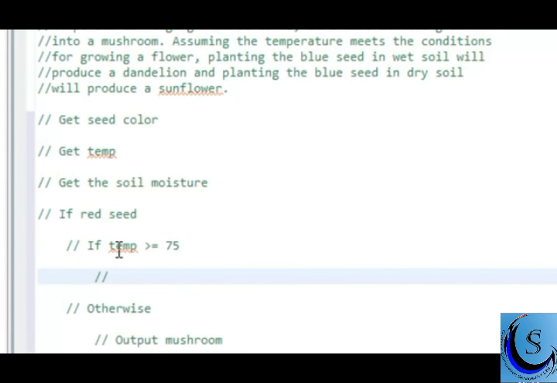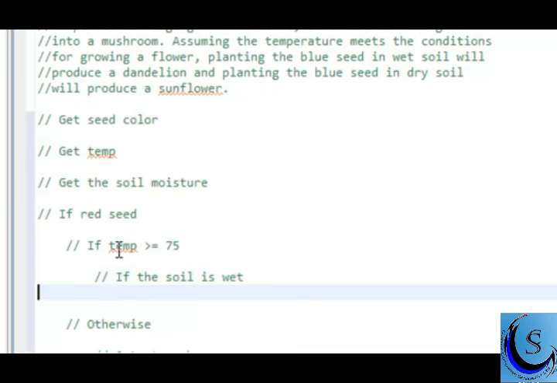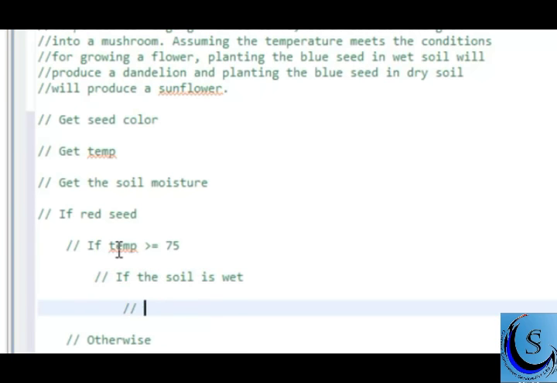One results in a sunflower and the other results in a dandelion. So if the soil is wet, we'll want to output dandelion. Let's see, dandelion. If the soil is dry,